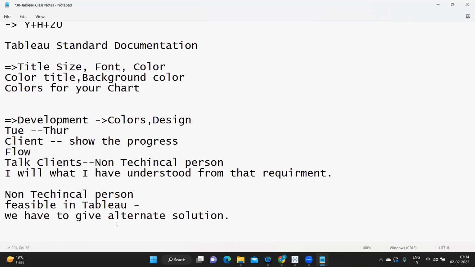So, say he's requesting some parameter functionality in a way that is not possible, or he's requesting something to be done through filters, but we have to use parameters, or any chart he's asking us to do which is not possible like that. So we need to understand what he needs and what his business is, and based on that we need to give him an alternate solution, and if required we might also need to train them how to use our